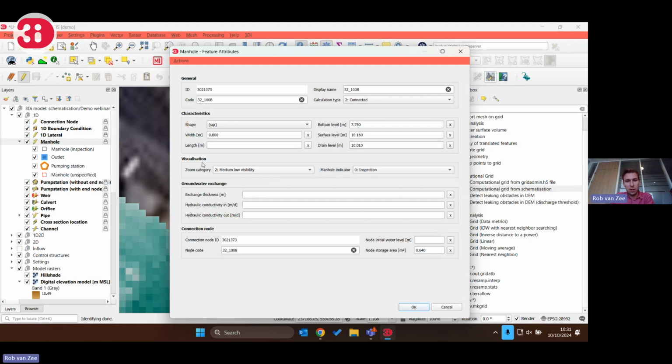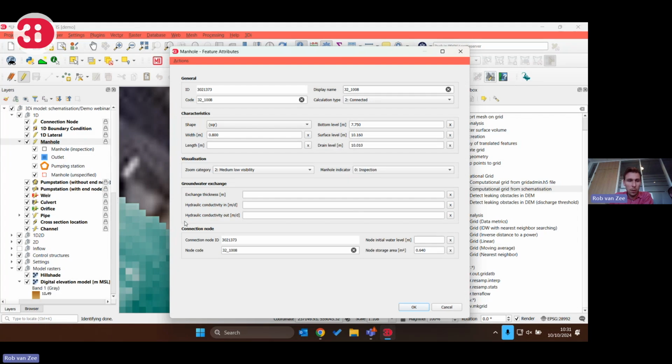Then a few more characteristics of this manhole: visualizations, just how you want to show it. For example, you've got outlet and pump. I'll quickly go over these later. You can have groundwater exchange, not really important for this demo. And then you have got